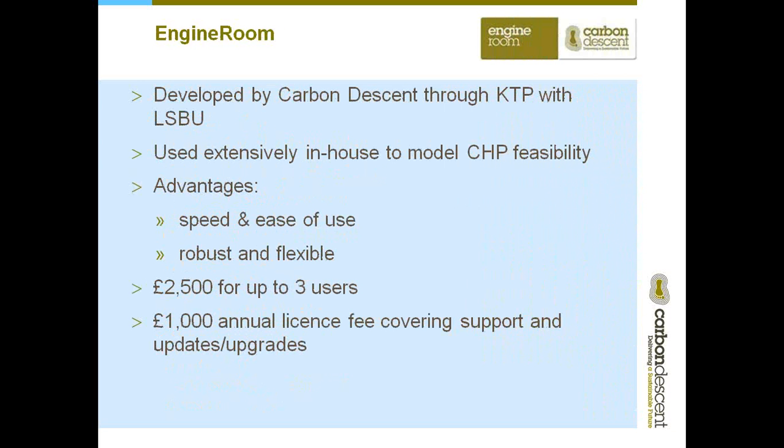A bit of background about EngineRoom. It was developed by us through a KTP with London South Bank University. We used it over a number of years extensively in-house to model CHP feasibility before deciding to sell it on the open market as a commercial piece of software. The advantages are that it's robust and flexible, but it's very, very quick to get to an answer on the optimal size of CHP for a scheme, and indeed whether CHP and community heating will be viable at all for